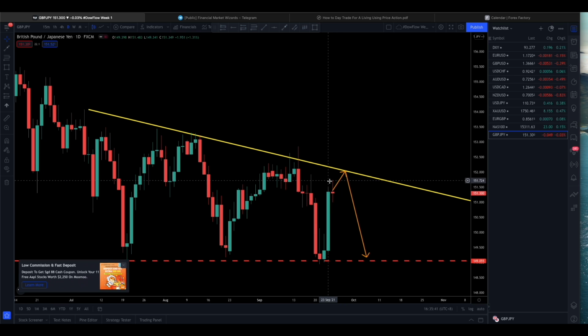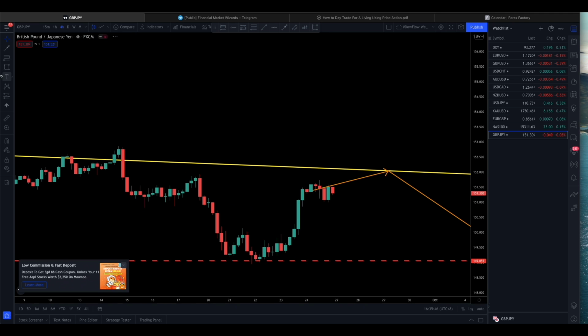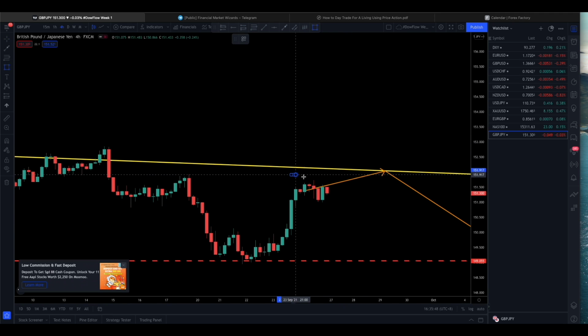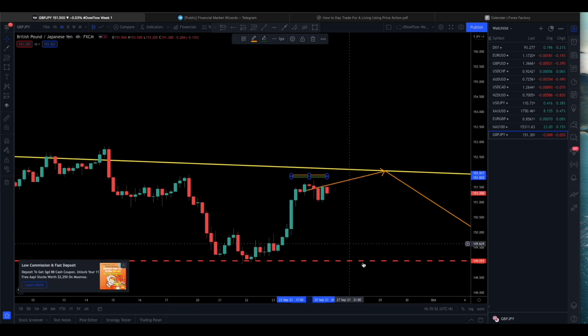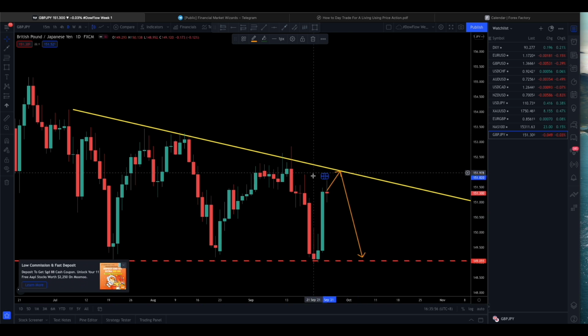Okay, I do think that there are a lot of people who are going to place their stop loss above this level. So let me just show it to you. They probably short here, put their stop loss above, thinking that price is ready to drop down. However, I think that looking at how things are moving, there is a potential for price to just hover right here